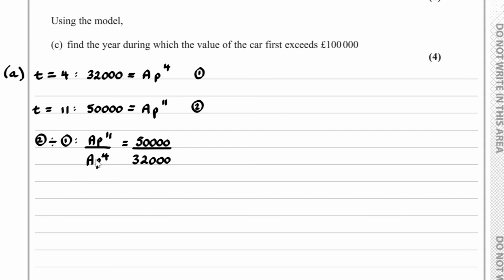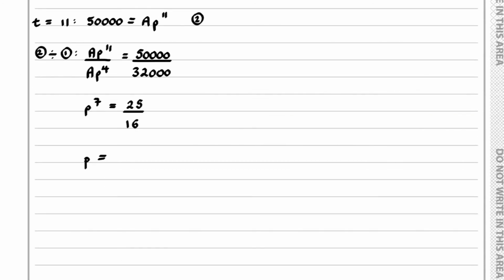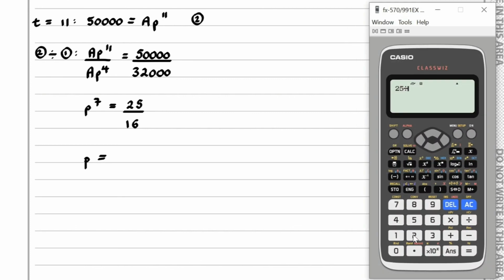With the a's cancelling and then subtracting the powers with the p's, we've got p to the power of 7 equals 50,000 divided by 32,000, which is 25 over 16. And so therefore, p is the 7th root of 25 over 16. So if I have 25 over 16, and then take the 7th root of this,